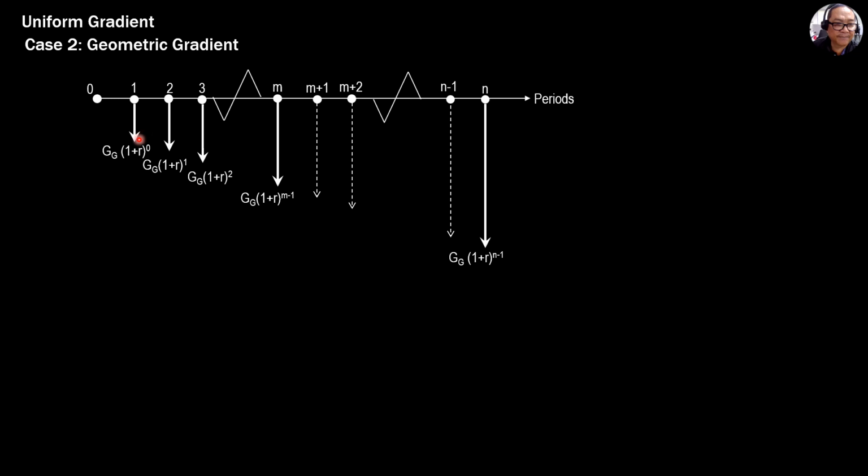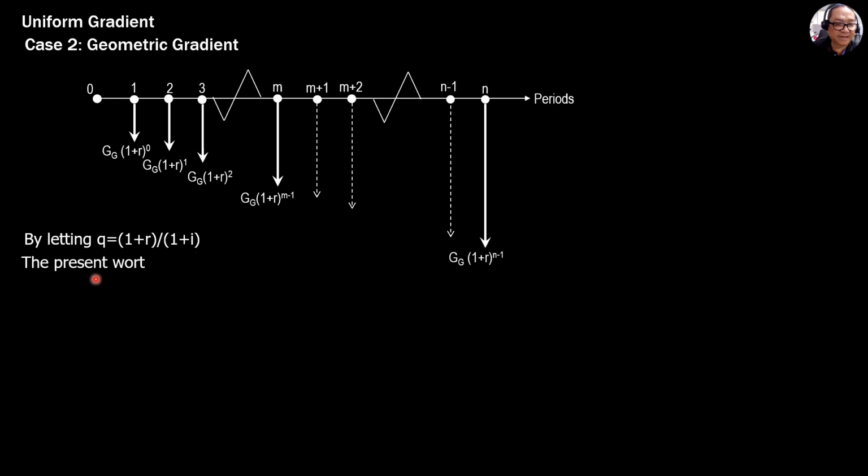So we project each payment to the present by dividing this by 1 plus I to the power n. So for this payment, for example, we divide that by 1 plus I to the 1. This one, we divide this value by 1 plus I squared. This one, 1 plus I cubed, and so on. Then this one, 1 plus I to the n. And we let Q be 1 plus R over 1 plus I.